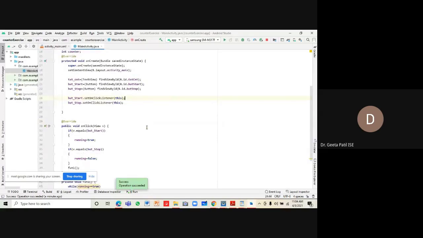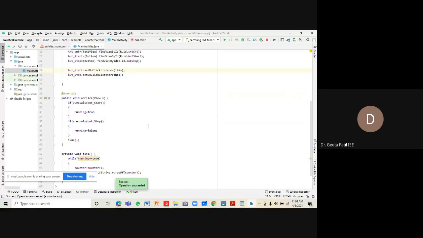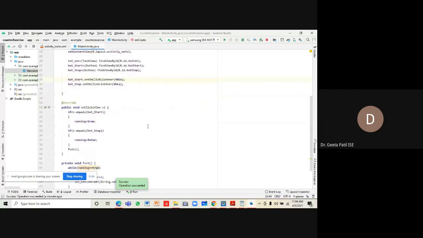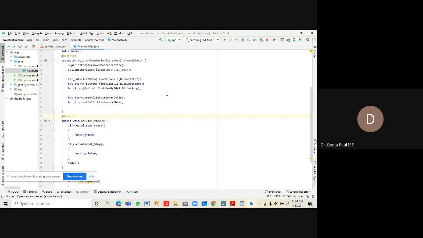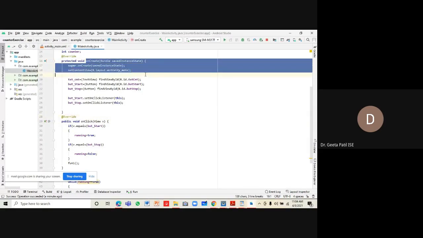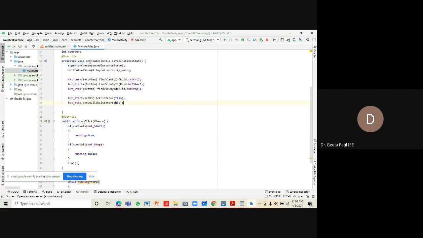Understand why the app crashed. This is what I want to show you. Observe this program and see if you can notice why these things are happening. When you are installing this app, you're calling onCreate, which is a UI method executed by the UI thread.